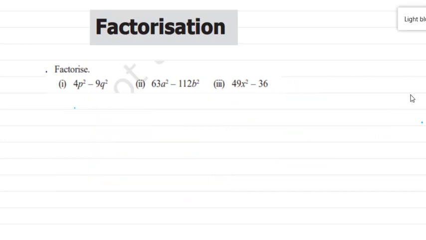So here you see I've taken another one, 63a square minus 112b square. Now you see in the first question it was easier to get the square of the first term and the second. Here 63 is not a square and 112 is also not a square, but you can see here you can take out something common. So from here we can take 7 common. So here you'll get 9a square minus